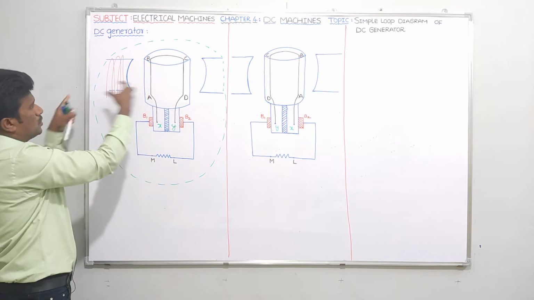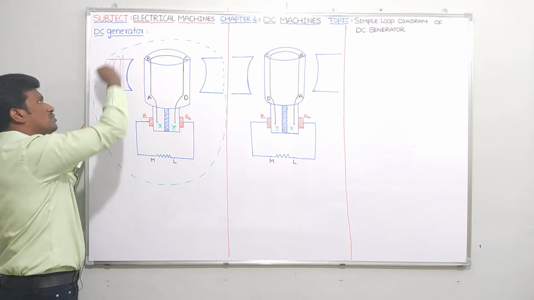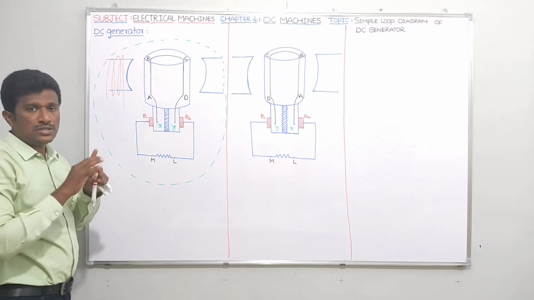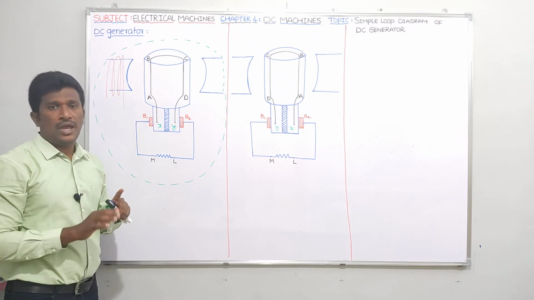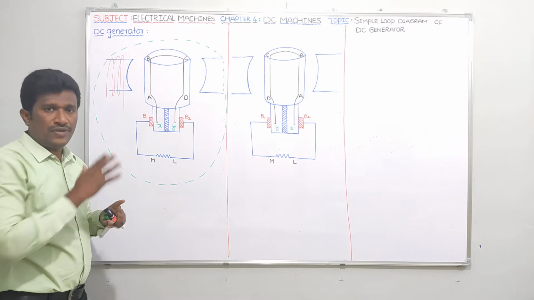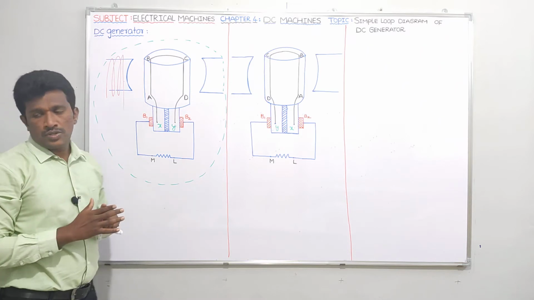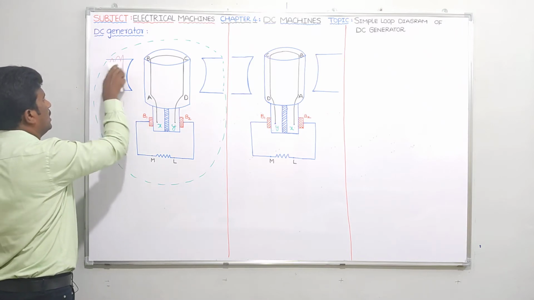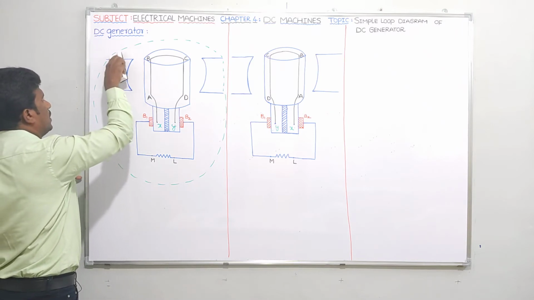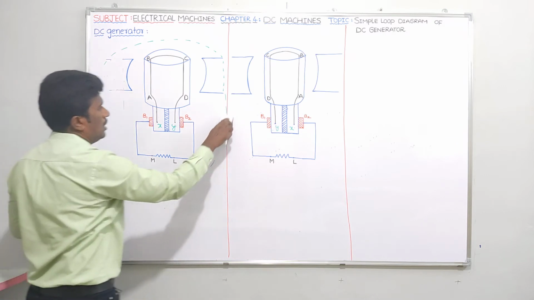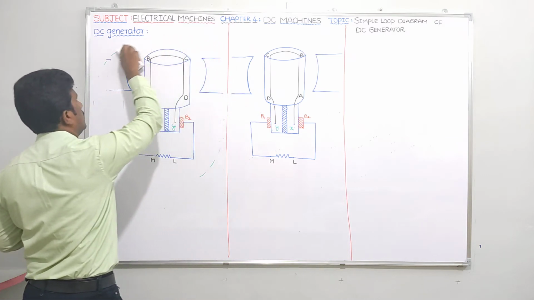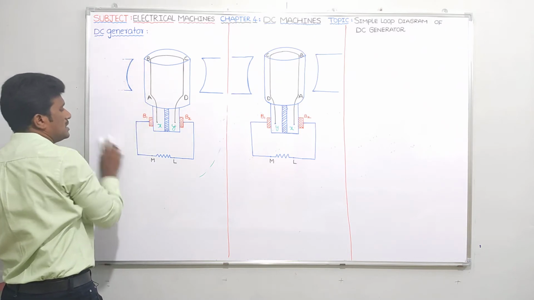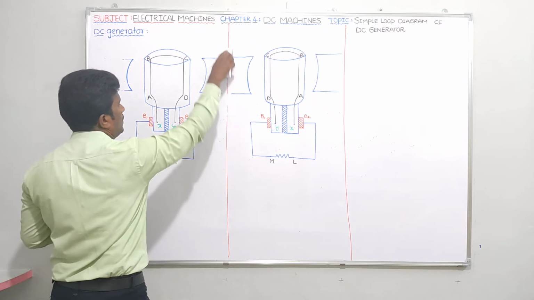So field poles are attached to the stator, and on these field poles we will have the field winding. To this field winding, DC supply will be given. Because of giving DC supply to the field winding, excitation will be created. So flux lines will go from the north pole to the south pole. Now I'm not going to show any field winding here. I'm showing only the armature winding in this case, so let me take this figure where I am not showing the field winding. Let us assume that the field winding is there, placed on the field poles.